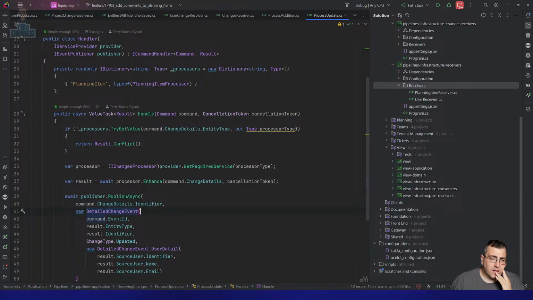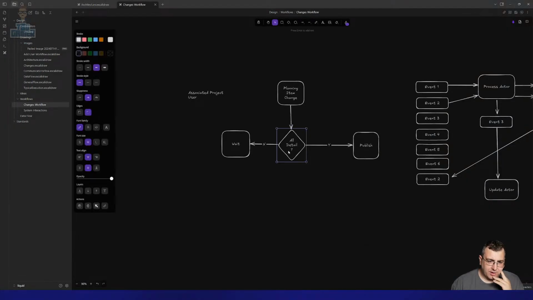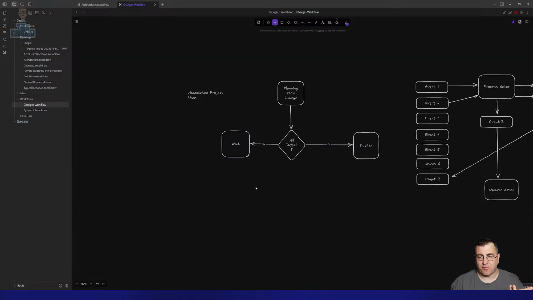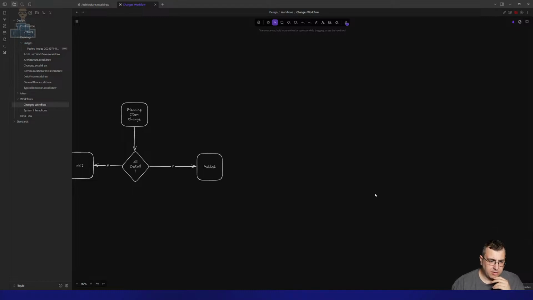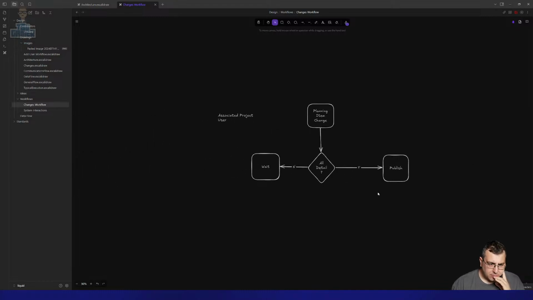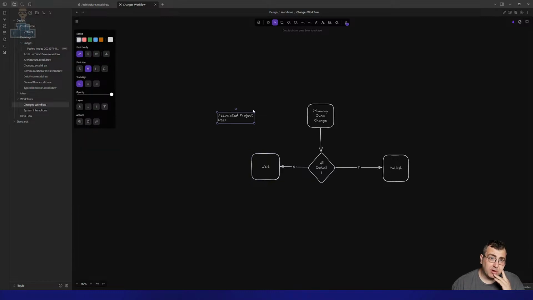Yeah. So it's kind of like, do I have all the detail? No, wait until I do have all the data. Otherwise, publish, right? This is roughly what I'm trying to do. But like if an associated project hasn't been made available, this needs to wait until it receives it. So now when this information comes in,